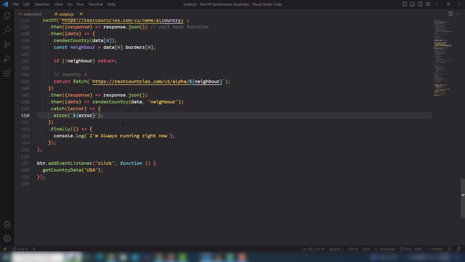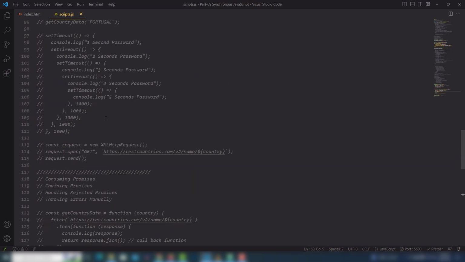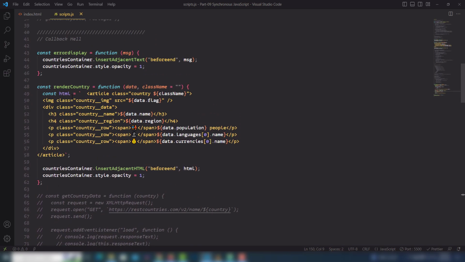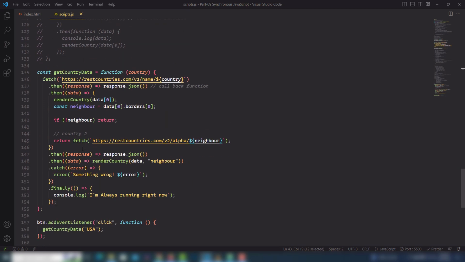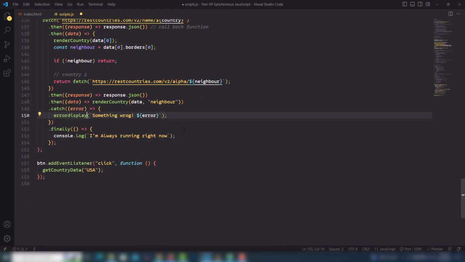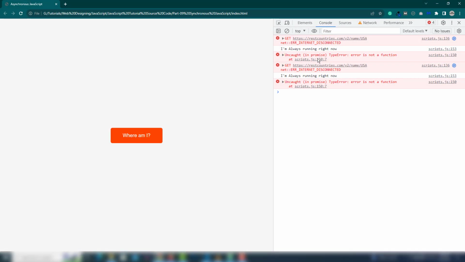Okay, I will write some text inside there. Something wrong. So I think it should be display, but I need to change my function name. Arrow display. So yeah, it's perfect. Save and